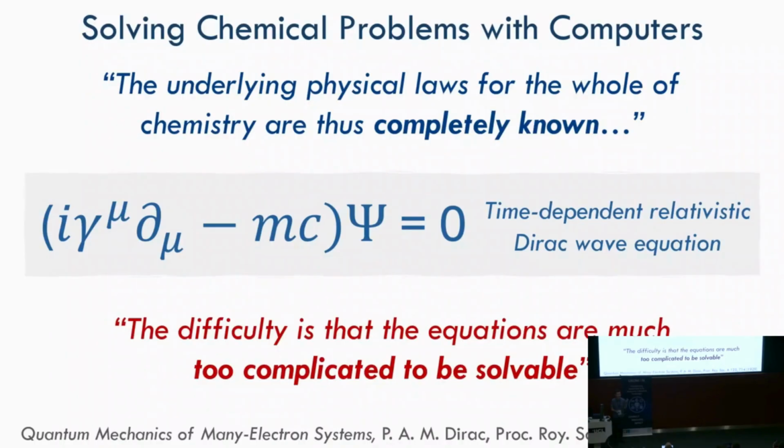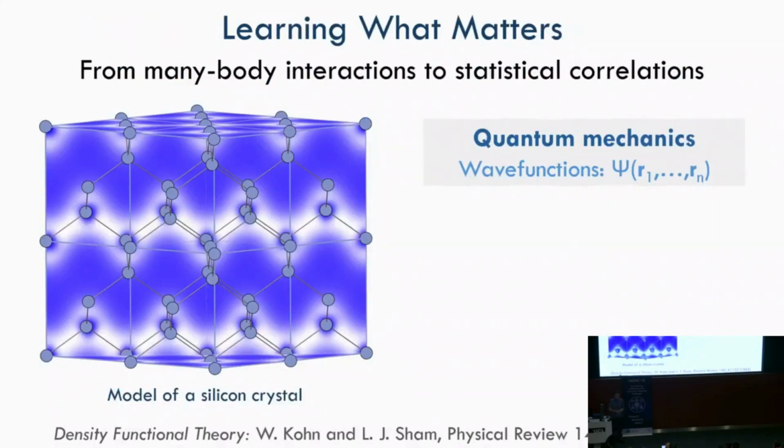This was true 100 years ago with pen and paper, but it's still true now using the fastest supercomputers in the world. The many-body problem gets very complex, and you literally cannot solve the resulting equations. So in the field for many years, it was all about making approximations. How can we go from many-body partial differential equations to simpler equations that we can solve? And that's been my evolution over time.